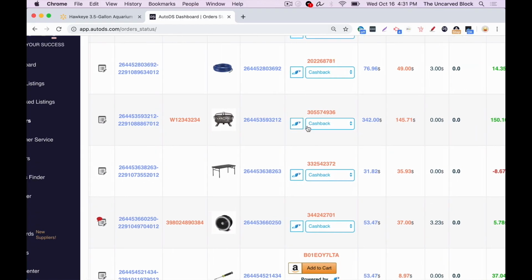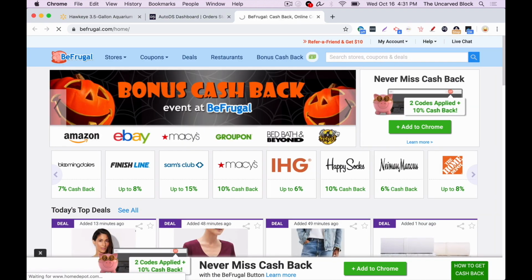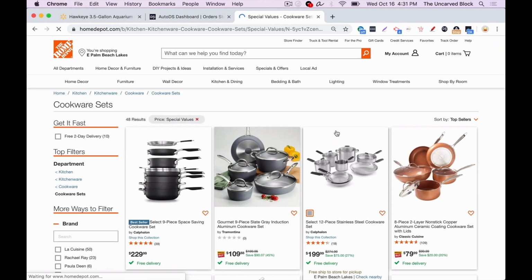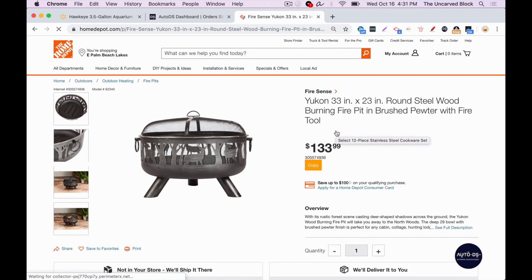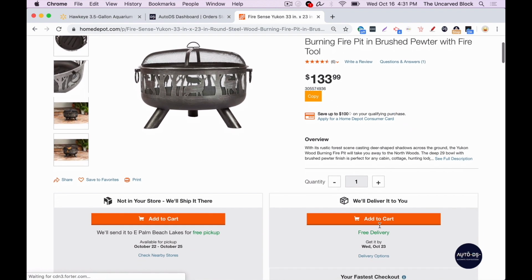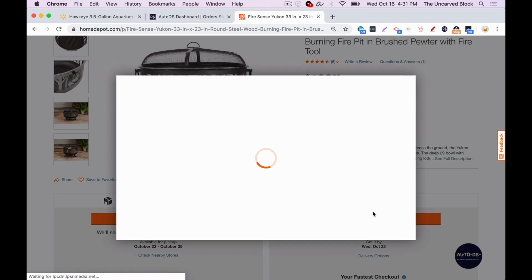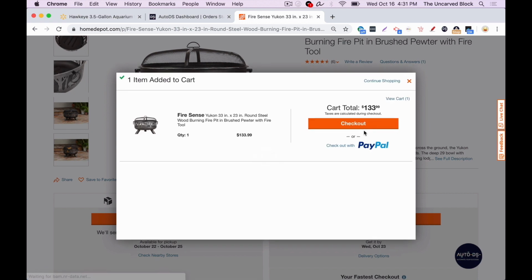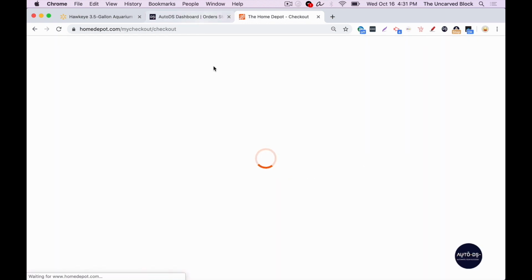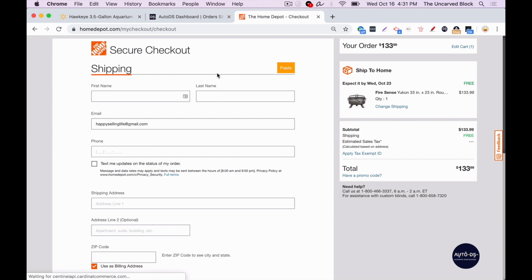All I'm going to do, this is the item right here. I'm clicking one button here. This is going to bring me directly to Home Depot instantaneously, directly to the item. So here's the item right here. All I have to do is click add to cart. Then I'm going to click checkout, and that will bring me to this screen where I enter in the buyer's